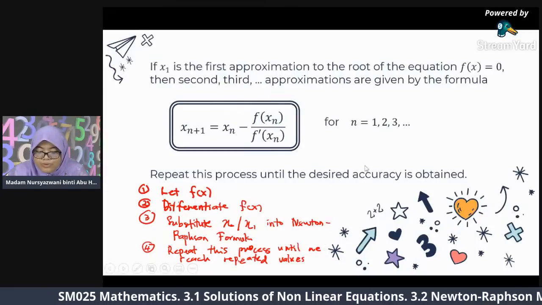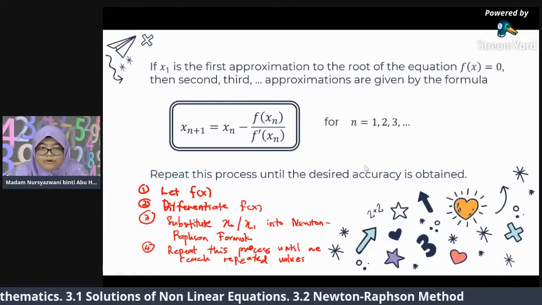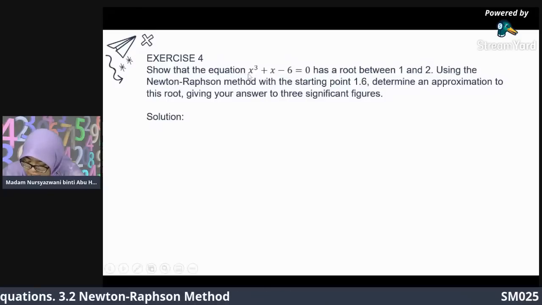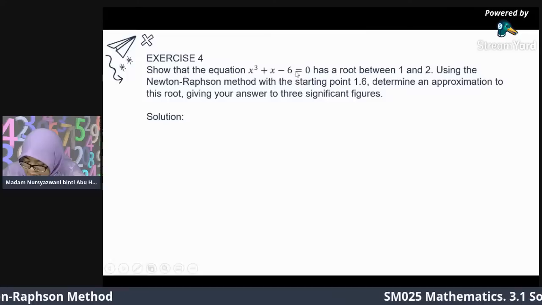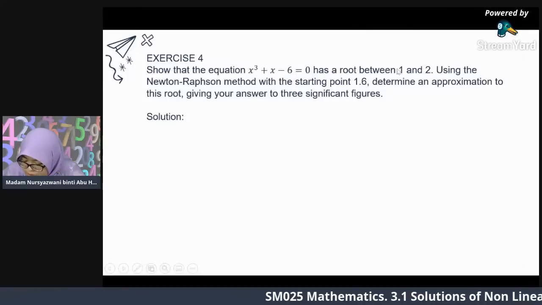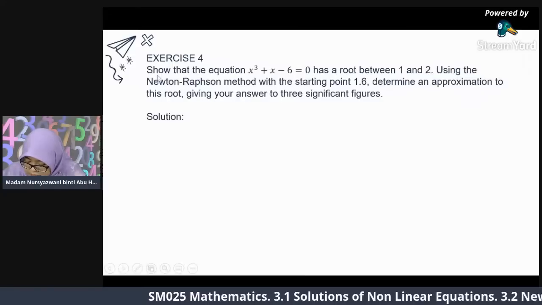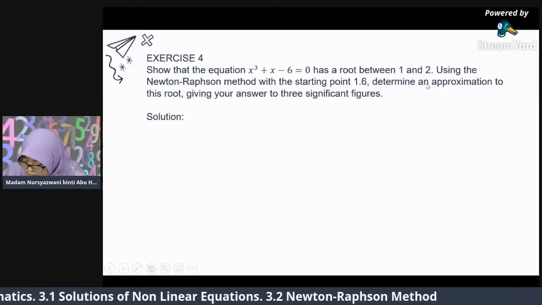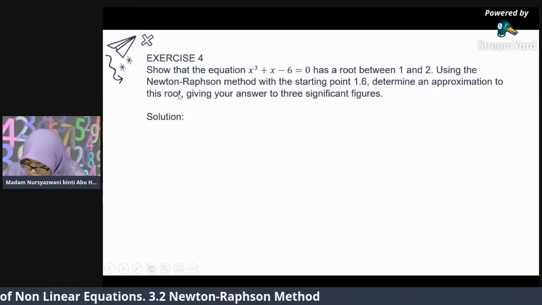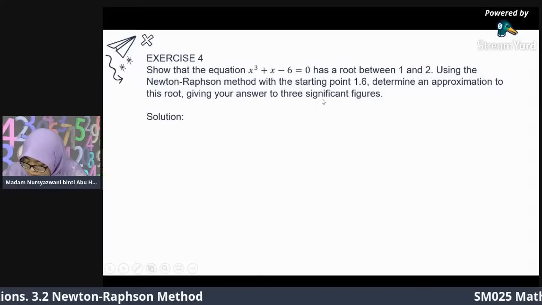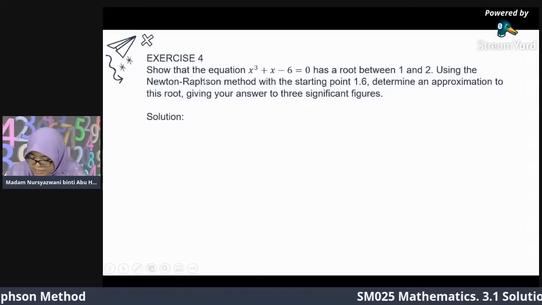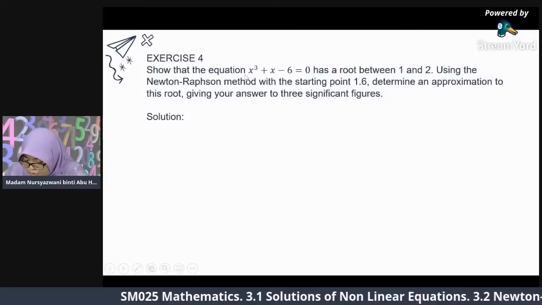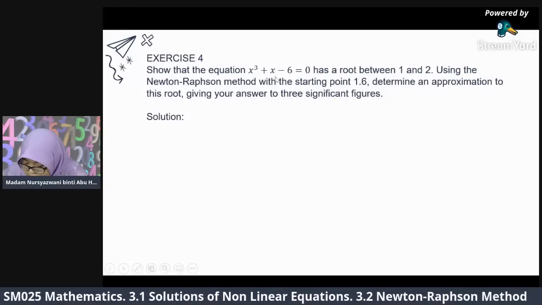Okay, now we move to exercise 4. Show that the equation x cubed plus x minus 6 equal to 0 has a root between 1 and 2. Using the Newton-Raphson method with the starting point 1.6, determine an approximation to this root, giving your answer to 3 significant figures. So first sentence from this question, the question asks you to show this equation has a root between